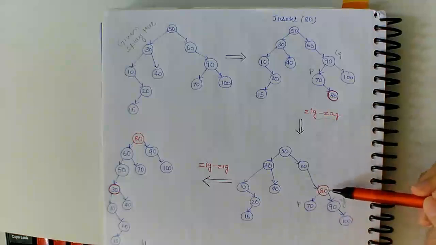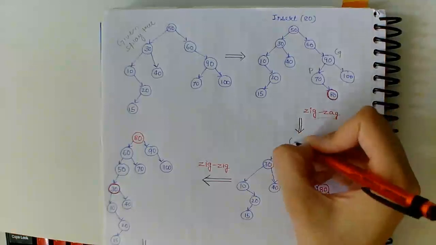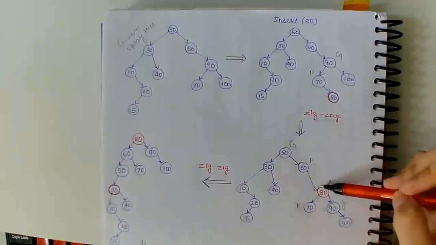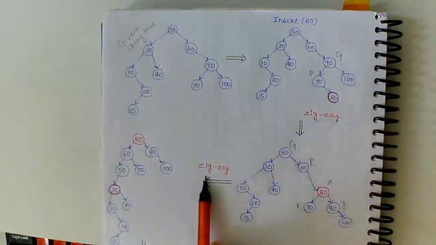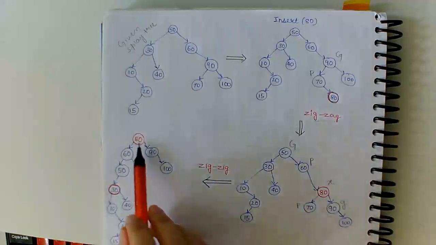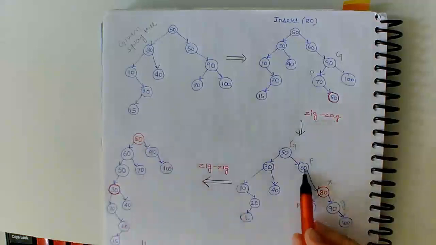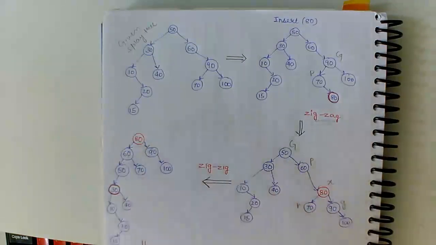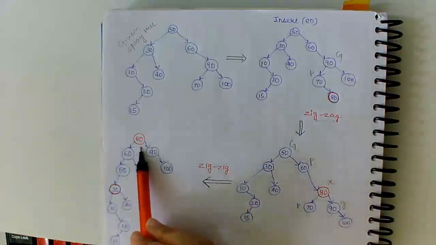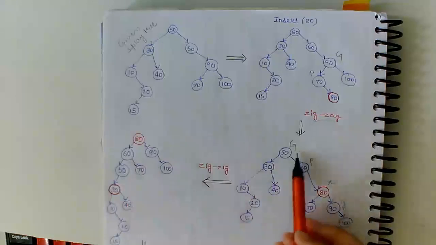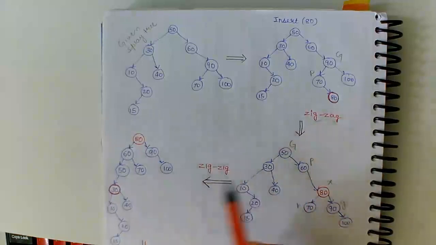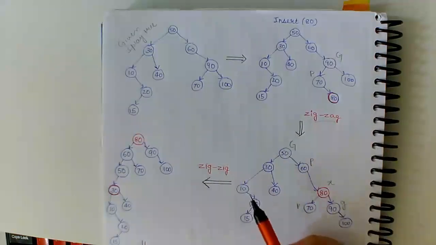And moving on, now we have to make 80 the root, and this is the grandparent, this is the parent, and this is x here in this case, and we can see it as a right-right. So this is a zig-zig situation, and then we perform zig-zig rotation. So 80 becomes the root, the parent 60 becomes its left child, and as the grandparent is even less than the parent, it becomes its left child. This is the normal zig-zig operation as we have already seen.